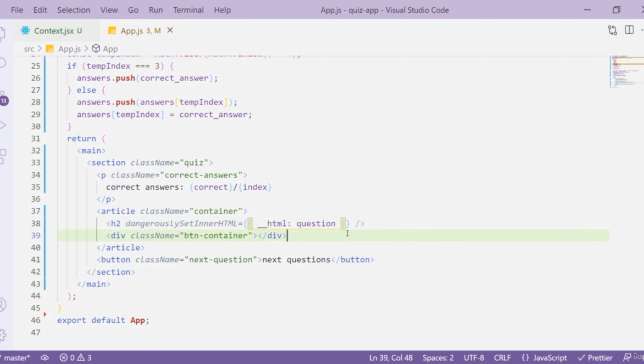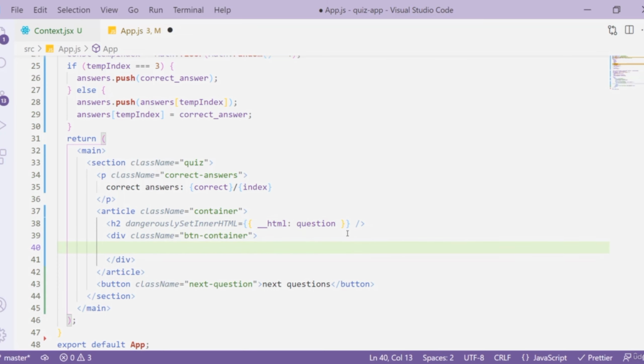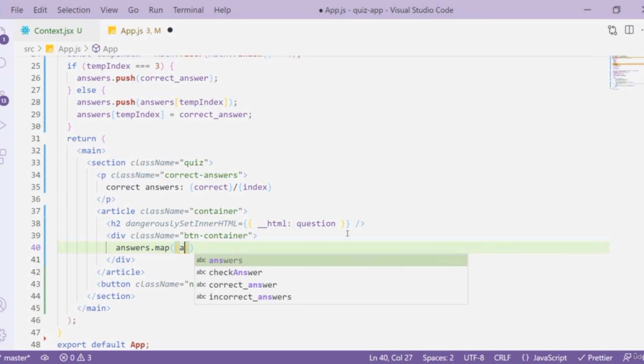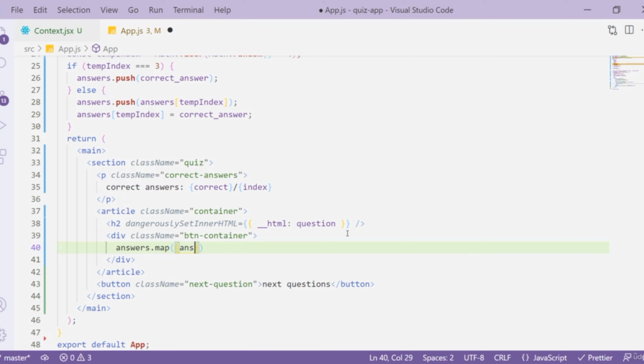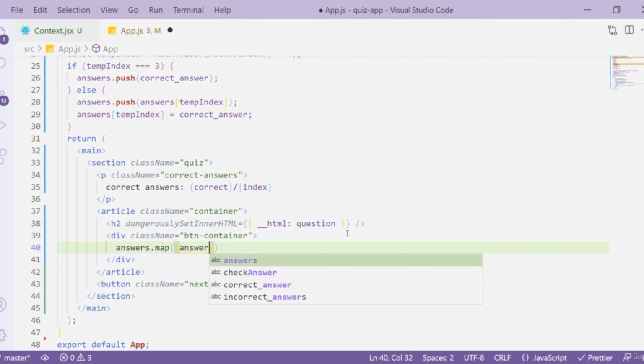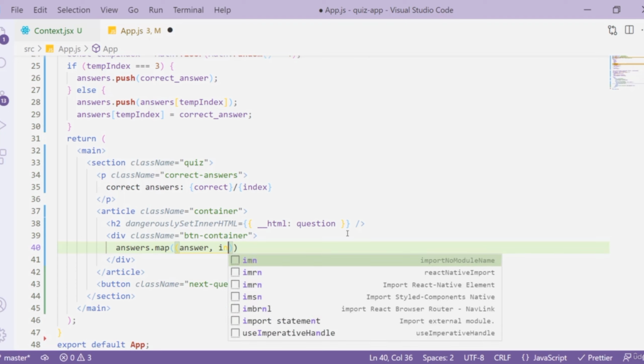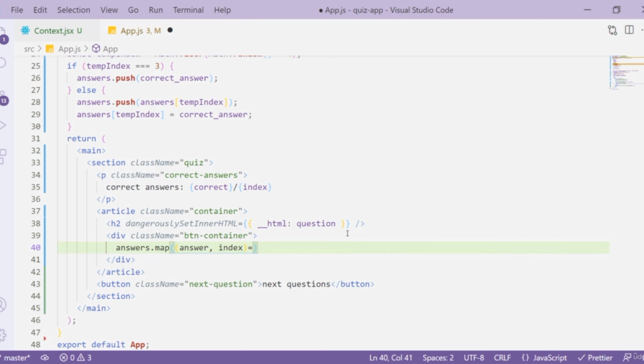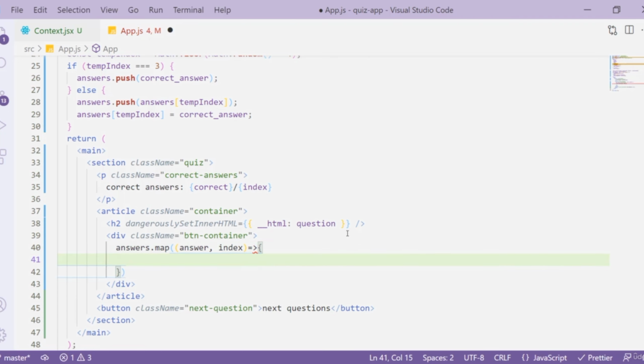Now inside this div, which we left empty back at the time, we are going to map our data, and the data that we're mapping is the answers data. So answers.map. Now this map is going to take a single answer every time, as well as an index, and this is going to map it. Now every time we want to return,